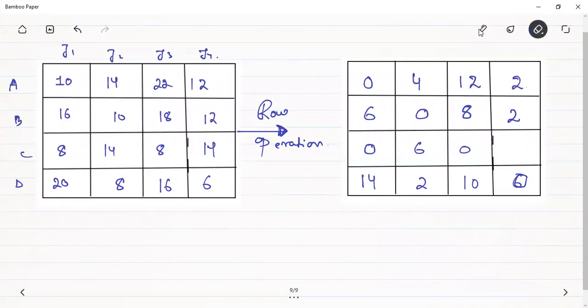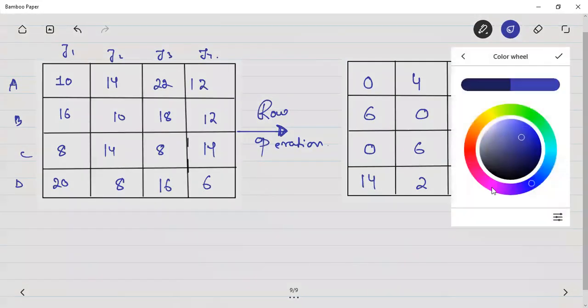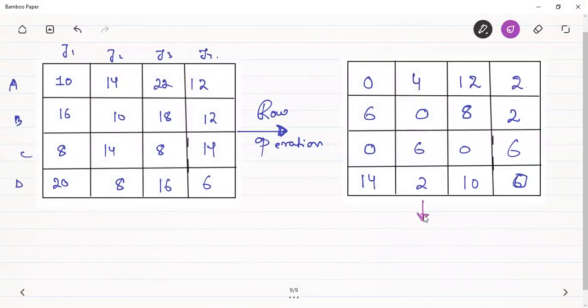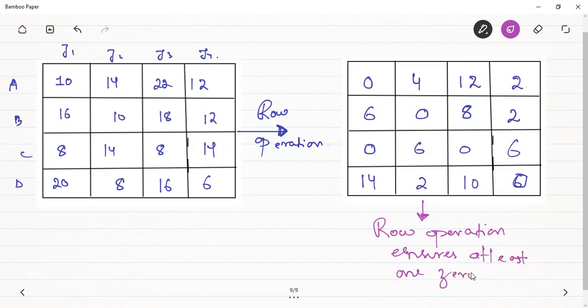So this is the row operation. And what we get after the row operation is that the row operation ensures at least one 0 in each row. ठीक है, आप देखो हर किसी रो में एक 0 आ गया। उसके बाद सेकंड स्टेप क्या है? सेकंड स्टेप इज दैट परफॉर्म द कॉलम ऑपरेशन।